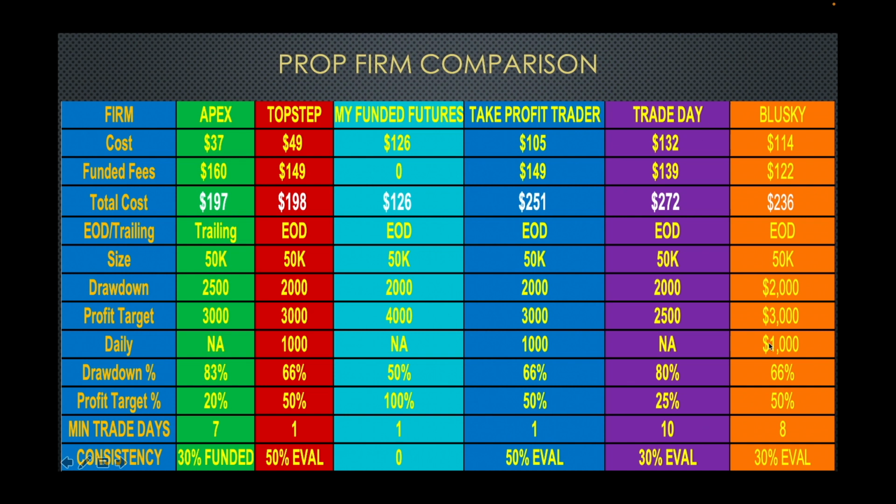If I was just starting out, again, I would probably do Apex because initially it's probably one of the cheapest. Be like, okay, yeah, that's probably the cheapest to jump into to try it. And then probably either My Funded Futures or Trade Day is one of the better ones, I think, just because of the end of day drawdown. And I'm really just Trade Day. I'm going to try it out here, especially with their 50% deal.